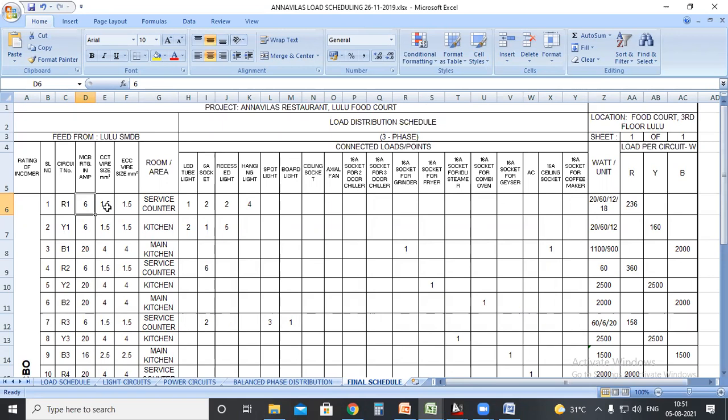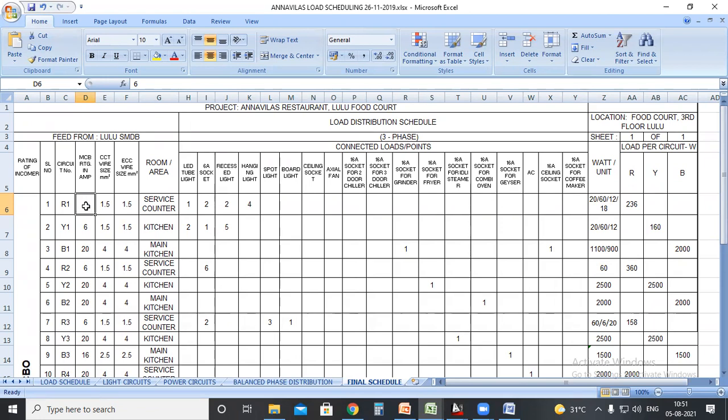If you take the Kerala standard, we have three sections and two wire sizes. Up to 600 watts, you can take a 6 ampere breaker and 1.5 mm square wire. Up to 1200 watts, you can take a 10 ampere breaker and 1.5 mm square wire. If you're taking 1800 watts, the breaker shall be 16 ampere and the wire shall be 2.5 mm square. But as per Indian standards, we can take only a maximum of 10 points and a maximum wattage of 800. So 1.5 is the standard wire size for the light circuits.